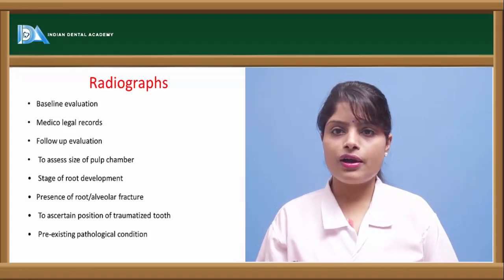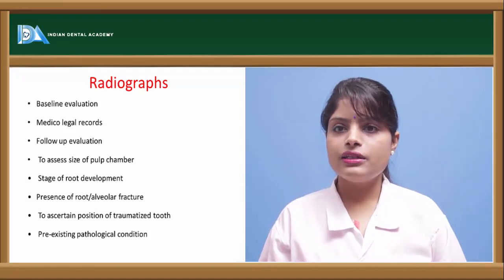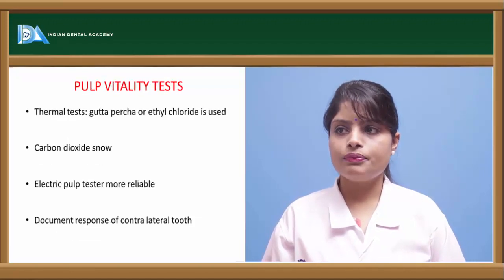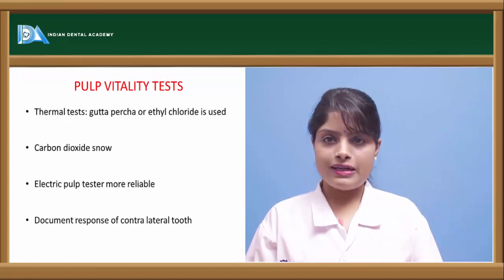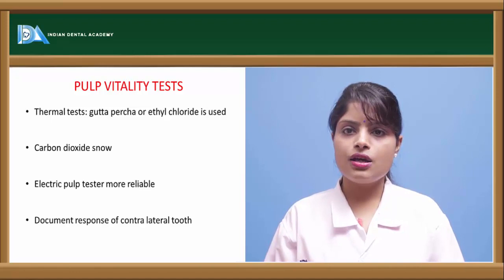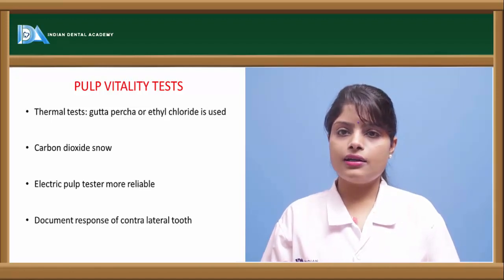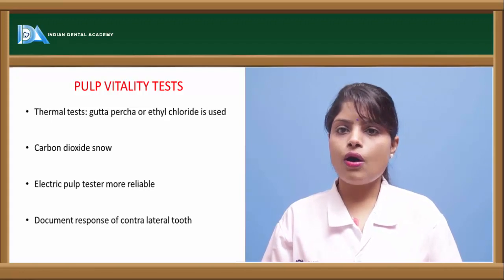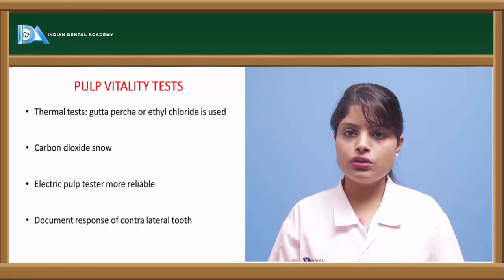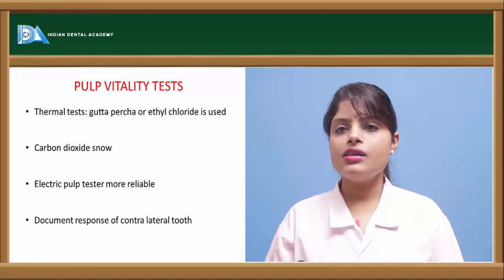Generally, intraoral periapical radiographs and occlusal radiographs are preferred in cases of trauma. Now coming over to the pulp vitality test. There are different types of tests like the thermal test, which is a heat test. It involves placing a hot gutta percha or a hot instrument on the buccal surface of the most prominent portion of the tooth, and the tooth is tested for vitality, whether it is responding positively or negatively to